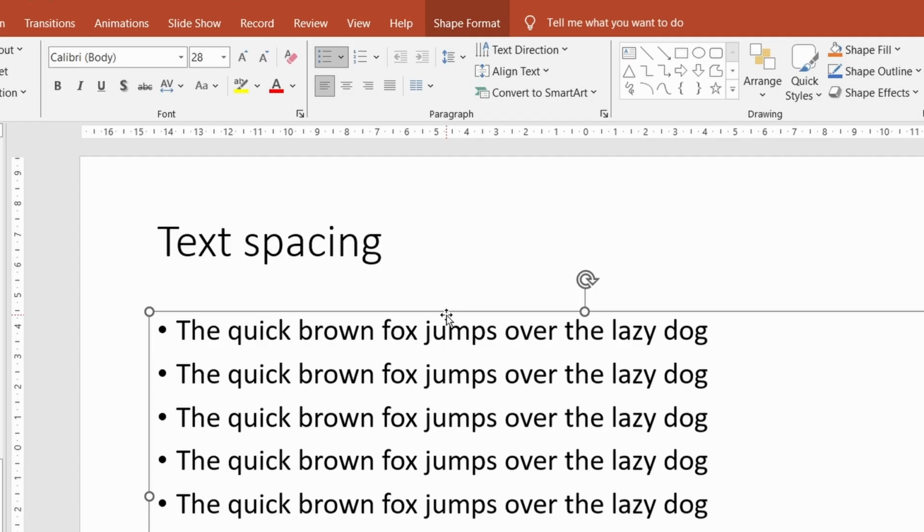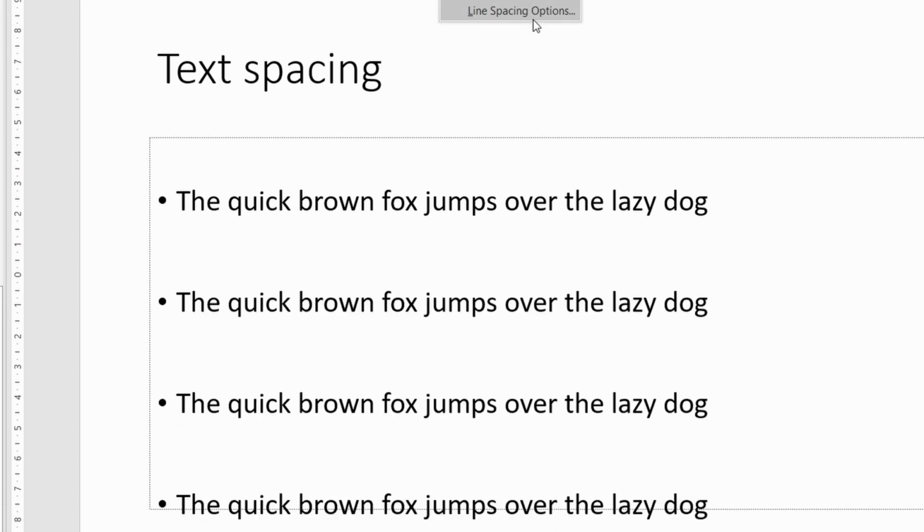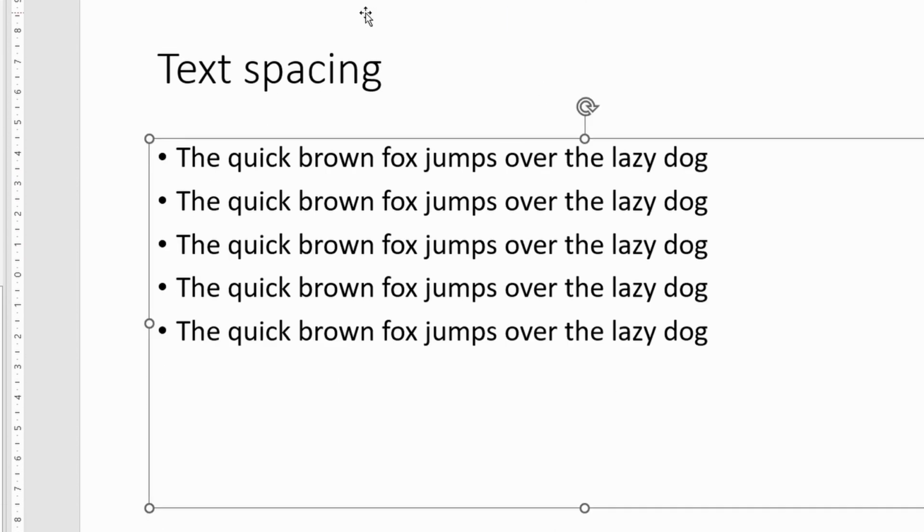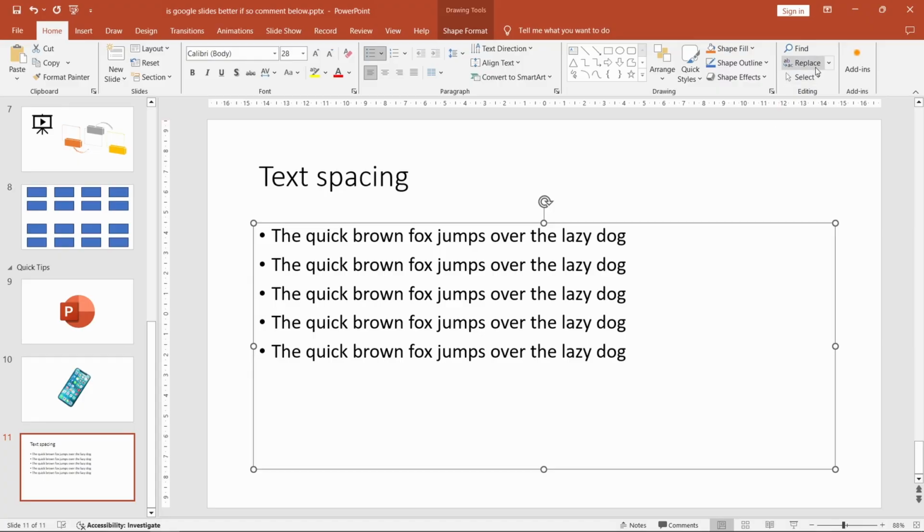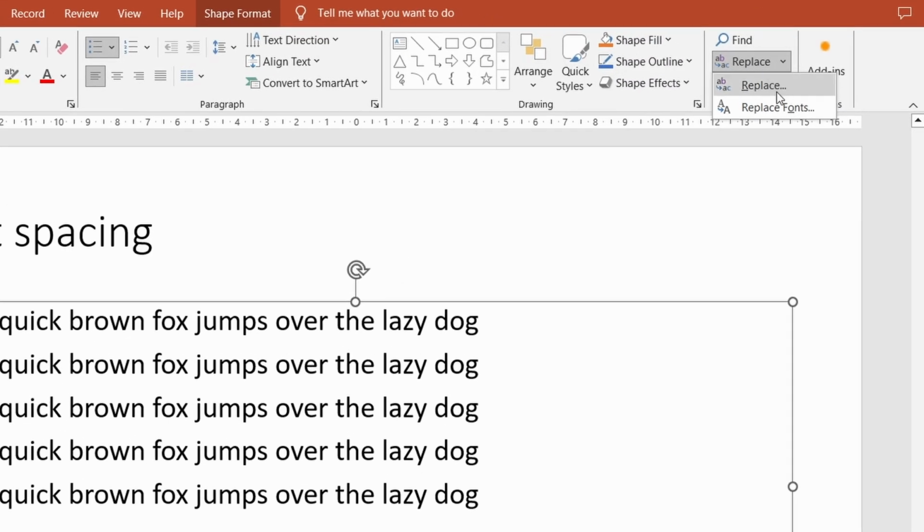Text spacing. This is also one of those features that you might use in Word quite often, but PowerPoint not so much. But it's a reminder that the same thing applies here. Replace options. Again, these are useful for making sweeping changes across slides in regards to the spelling and the font